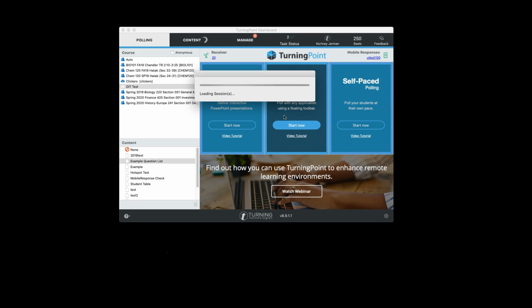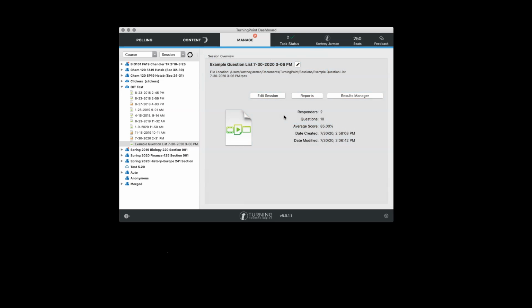So we're going to close out of this. And when we do, we're going to get prompted for unsaved session data. Now, we want to save this session data, so we're going to click Save. And it's going to prompt us with the question list that we used, today's date, and timestamp. And it's going to default to Documents, Turning Point, Sessions for our save location. So we're going to go ahead and save this, and we're back into Turning Point. It'll load it into our sessions environment, and we'll go through how to look at these later.